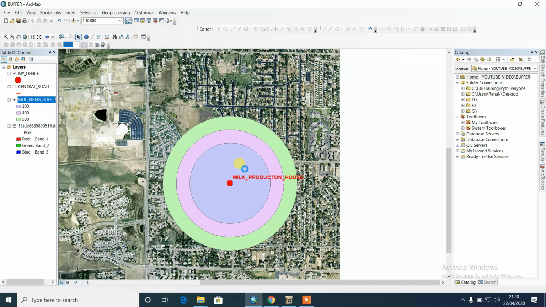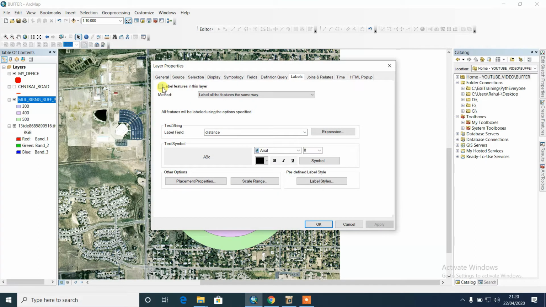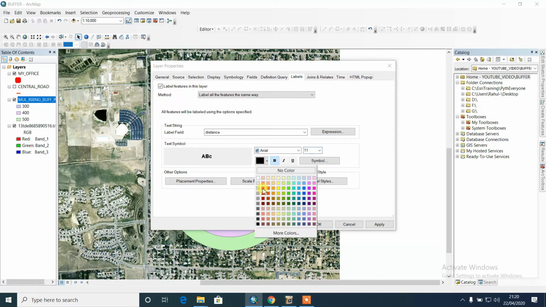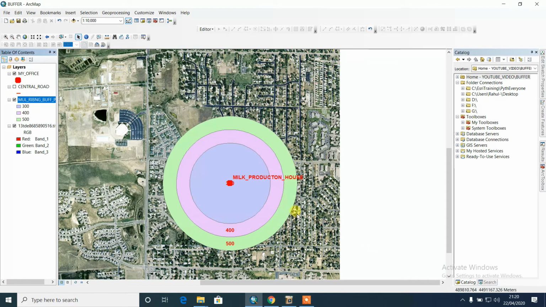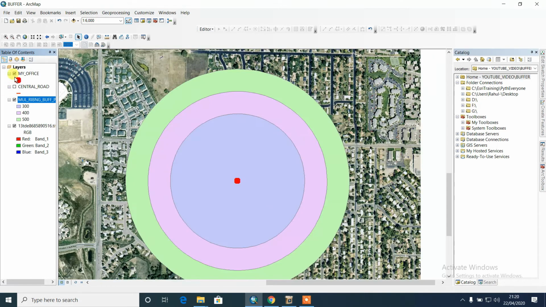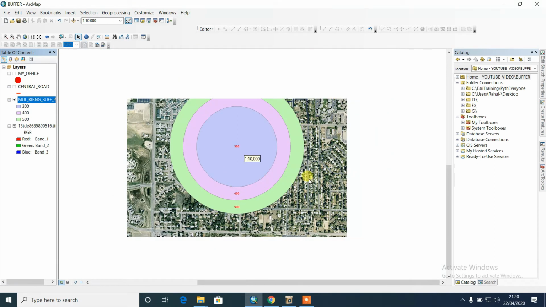After labeling, you can understand. It's loading. Make the label, make it interactive. Yes, just turn it off. Is that clear?